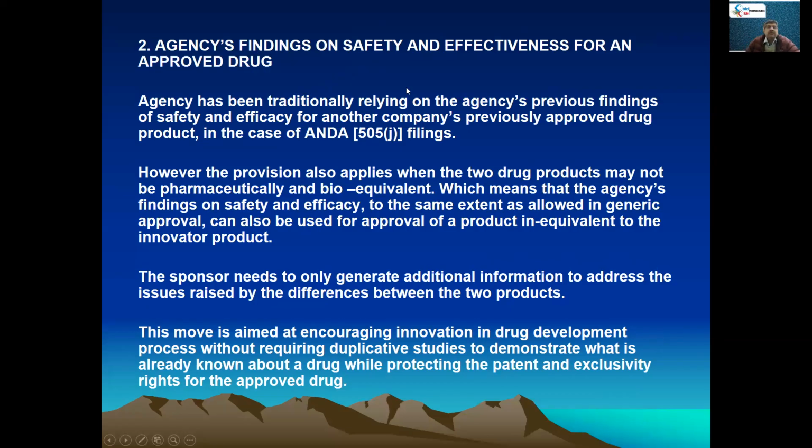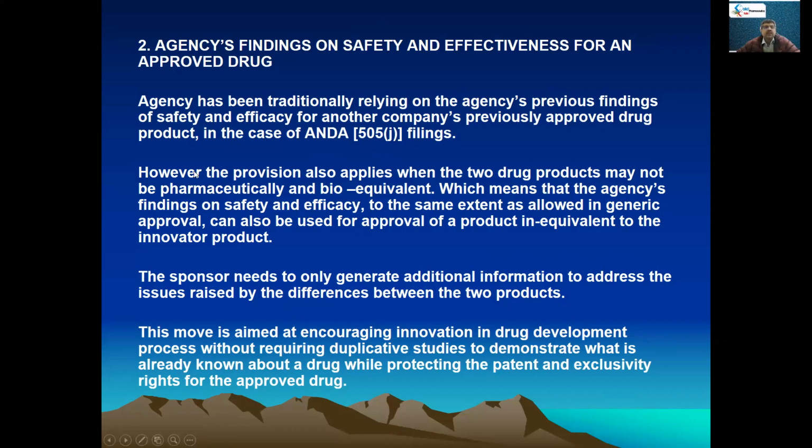The justification for this, or why the US FDA allows this kind of practice, is that US FDA has been traditionally relying on agency's previous findings of safety and efficacy for another company's previously approved drug product in the case of ANDAs. Which means in the ANDA, the generic company does not perform their own clinical trials, and the clinical trial data that was generated by the innovator company is used by the agency for the approval of the ANDA